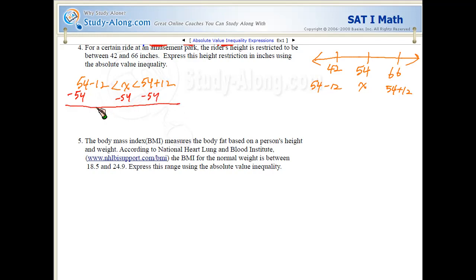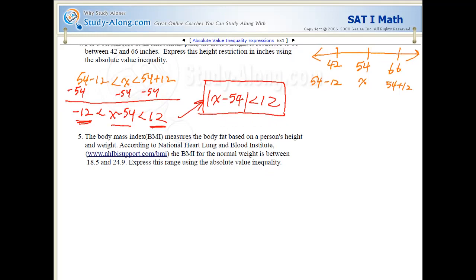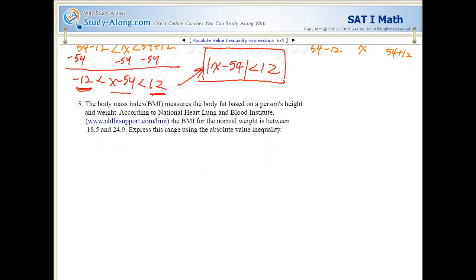Alright. And this turns out to be negative 12 is less than x minus 54, which is less than 12. So again, nice and symmetrical. And we can turn this into the absolute value. Put this inside the absolute value. And here we go. We've officially changed the center and solved this absolute value inequality. And lastly,